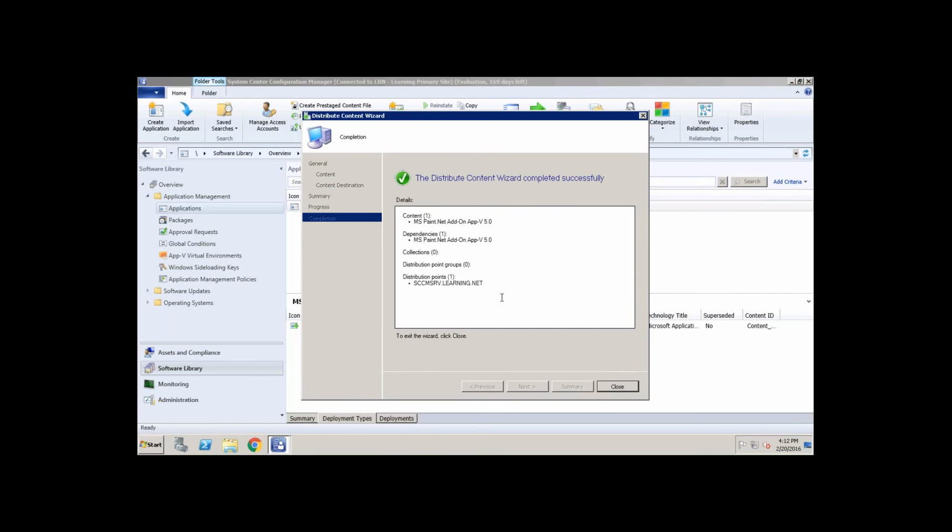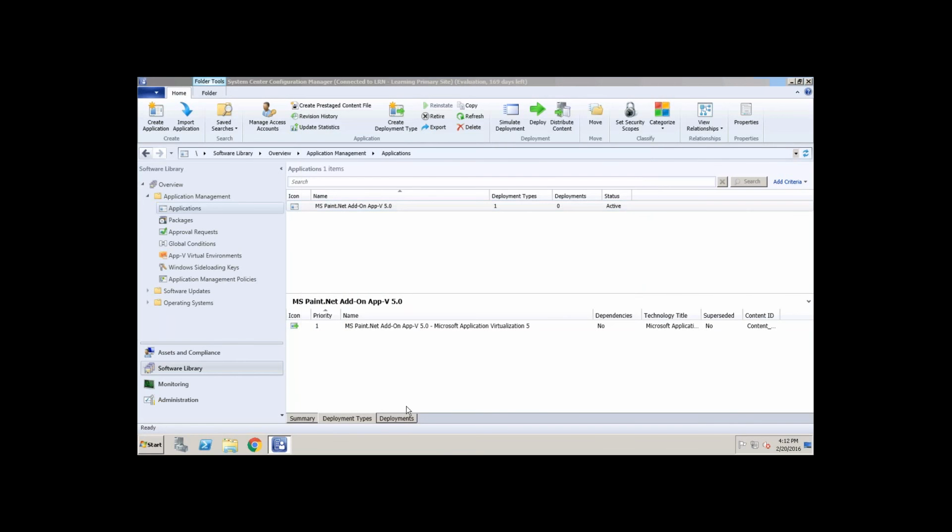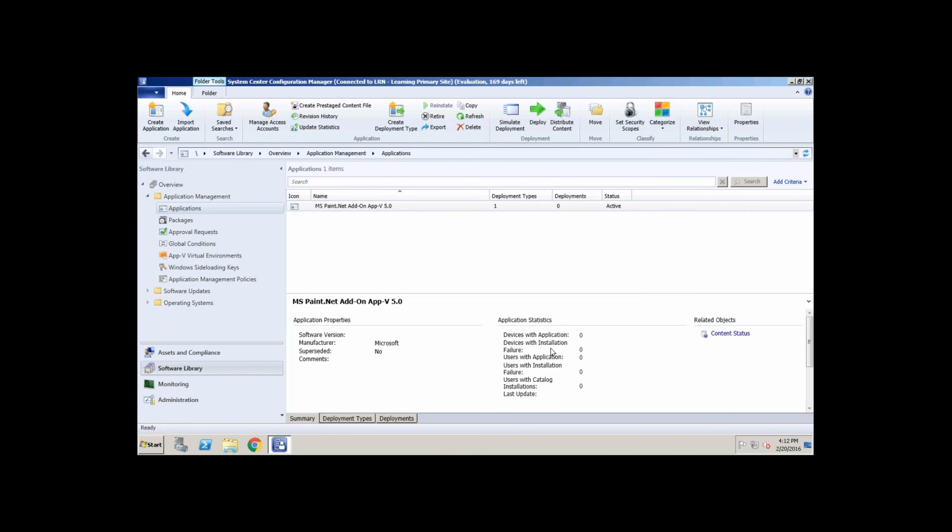Let's click on next. It is done. If you wait for some time, the content status will change to available, but I have not configured it. This is how you just need to move this package to the server. You have to work with SQL. You have an SQL server.